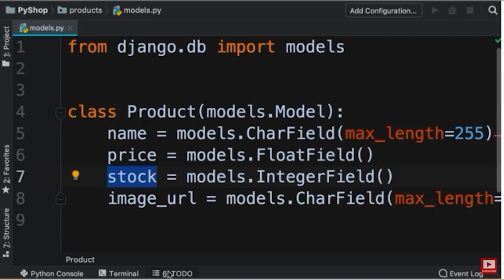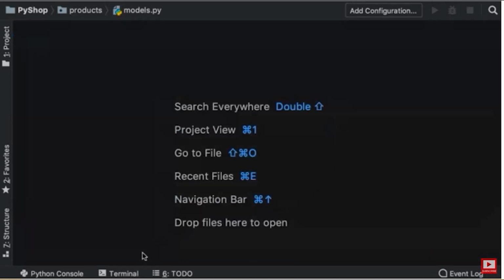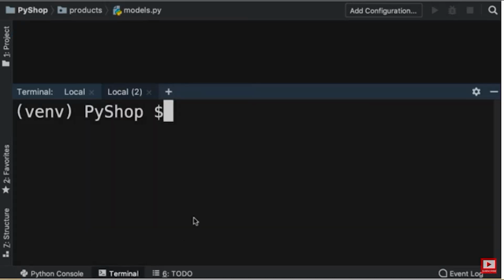We don't have to do this by hand. We can just tell Django, hey, here's our model. Go ahead and automatically create a database table for storing our products. That is very easy. So here down the bottom, let's open up a new terminal window and run